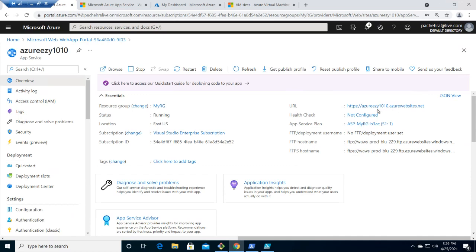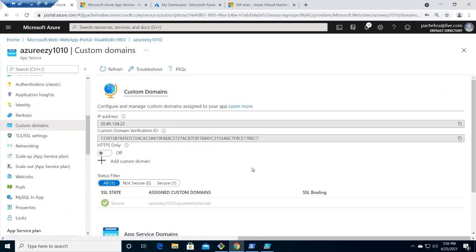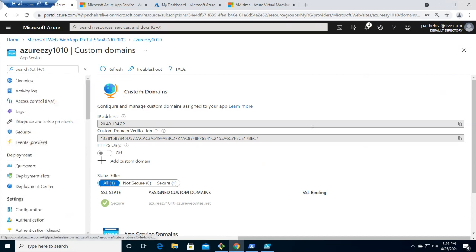Nobody's going to type the entire URL. Because what do you want? You want something like Amazon.com or MSN.com. So you can register your domain right here. You can add your custom domain, put in the TXT record, and it will show you your URL, not the default URL.